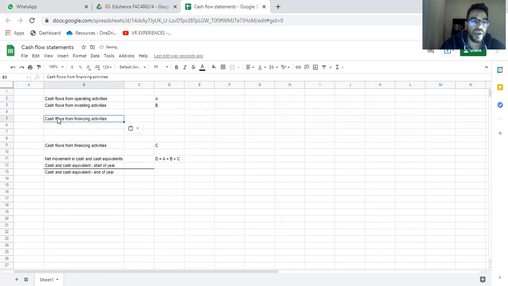So for example, what can happen over here? Share buyback. There could be issue of new shares. Proceeds from issue of new shares. Remember, when you make money in cash flows, we call it proceeds. Okay, so just take note of that. So share buyback, proceeds from the issue. When you issue shares, you make money, so that is proceeds. Another example would be